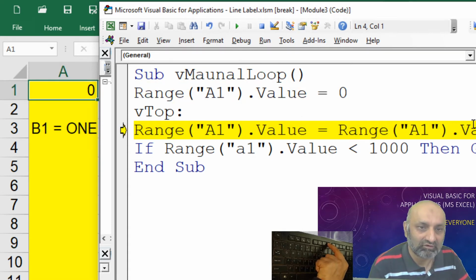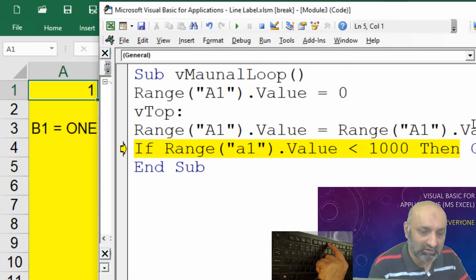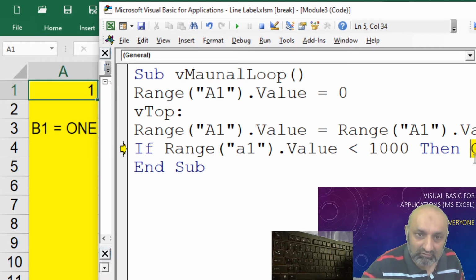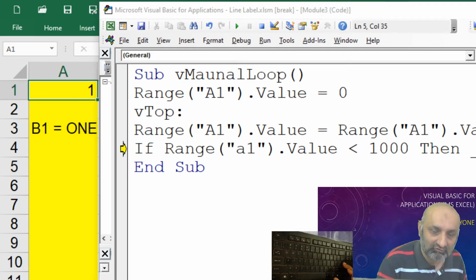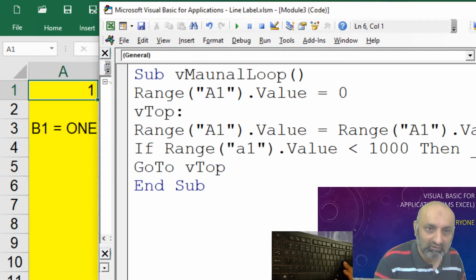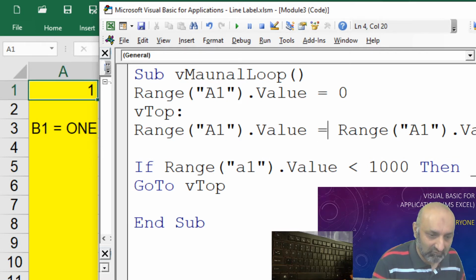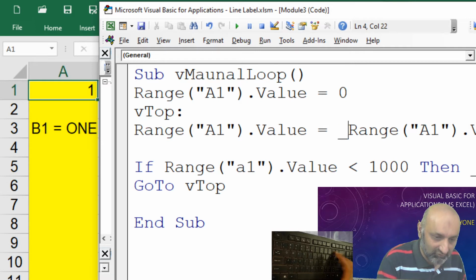Range a1 is equal to 0, then go to. You can't see go to. Let me put go to down with the use of underscore we discussed last time. So yeah, now it is better. And let's put underscore over here.